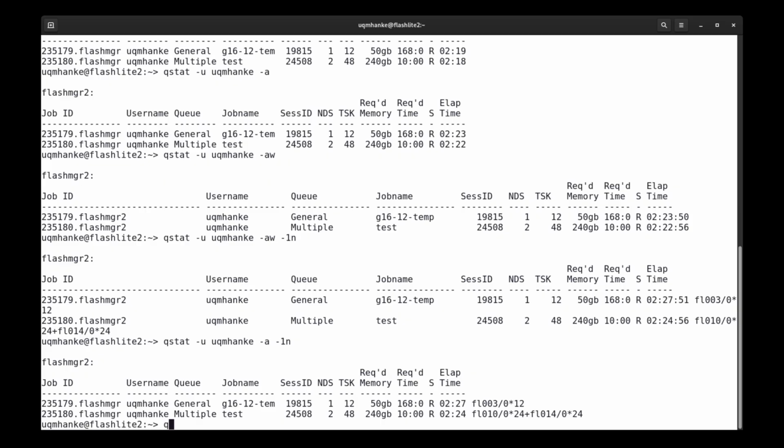And so I can do qstat minus little f, which gives a full output of all the information of a job. If I type it in like this, I will see that information for every single job that is in the queue. However, I just want to have a look at this particular one here. I'm going to take this one with the full name. And if I now press enter,